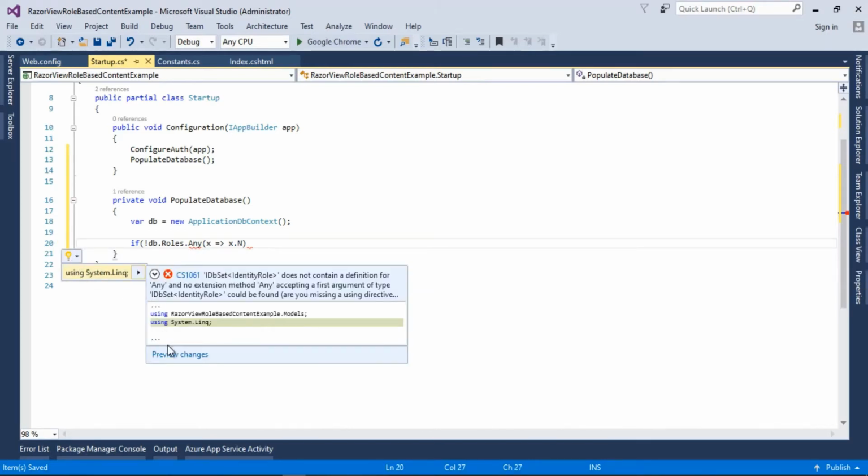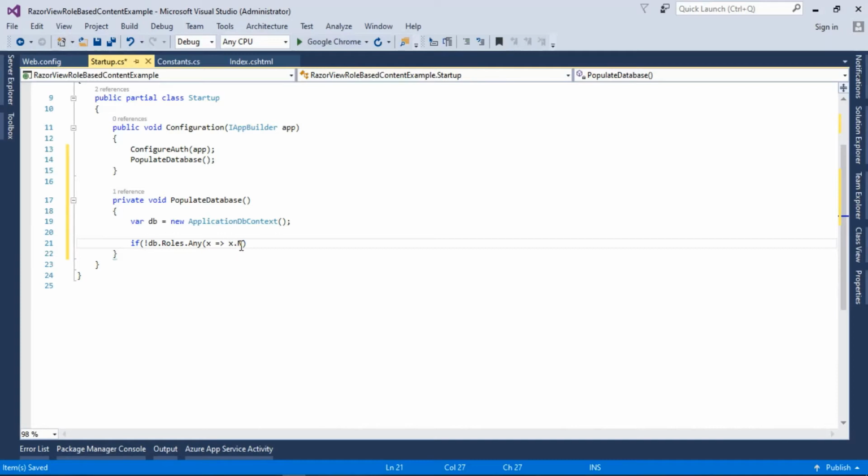I will import this using system.linq, and now I will type the name. If the role name is what we have typed in our constant admin role, if we do not have this role in our database, then we want to create the role. Similarly we also need to check the other role as well.